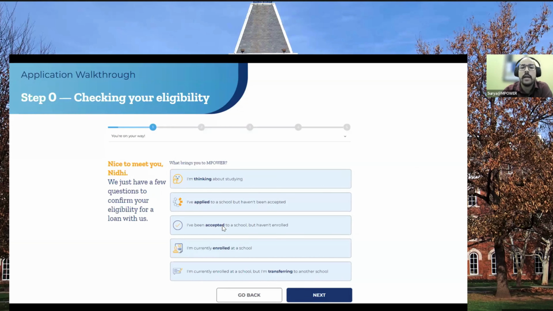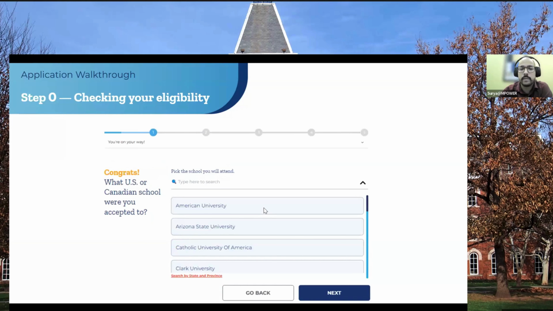So, for example, you are in a program where one of your semesters or one of your graduation years you have completed in your home country, but the remaining part of your program is to be completed at your international school. So you would be considered a transfer student, and that would be the option you need to select. Now, once you have selected the most suitable option according to your requirement,